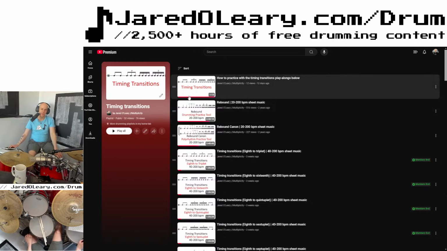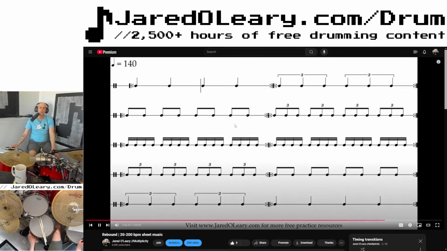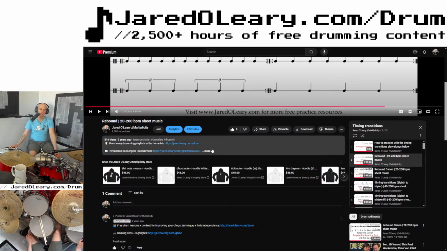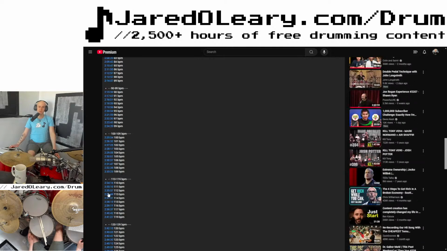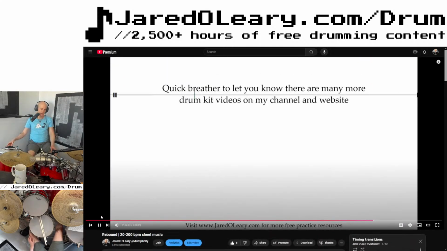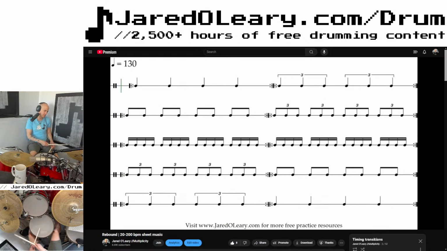The very first play along is just showing you how to do it, but the first play along, Rebound, I'm going to play through it: snare, snare, bass, bass. That's it. I'm working on my double stroke technique with my foot, and we're going to do this at 130. I actually don't need my hi-hat at all for this, which is great. I'll try and fix it for the next stream. Ready, and...